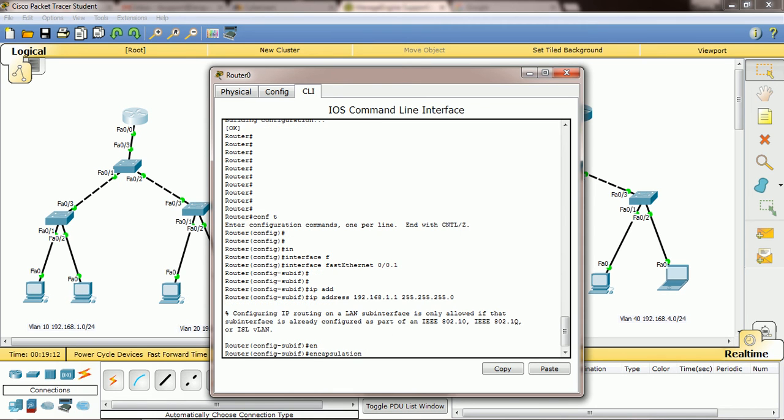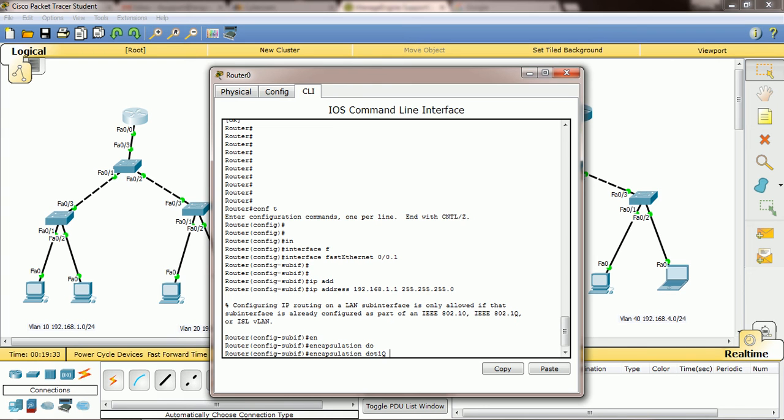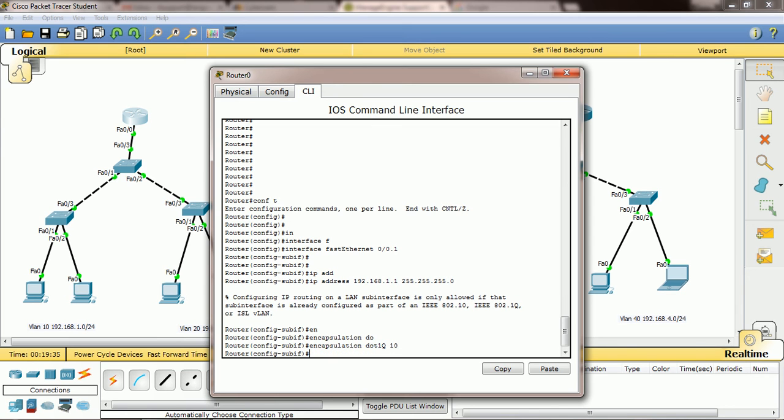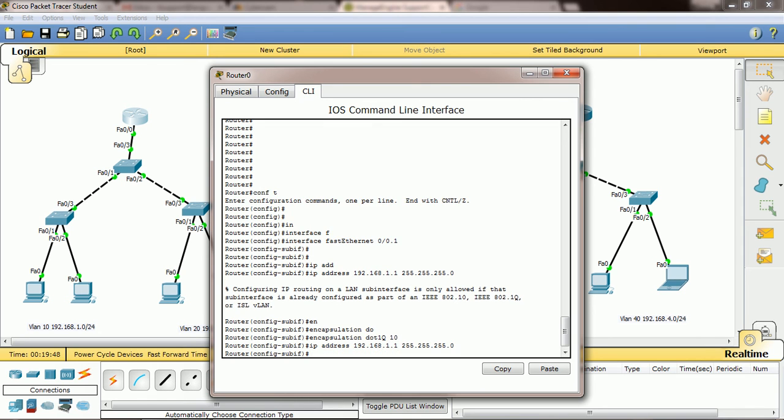So what does that mean? Here you need to use this command whenever you are assigning the IP address for sub interfaces. That sub interface is nothing but a virtual interface, right? Physically there is only one cable, but virtually we are creating sub interfaces. So for that you need to use this dot1q and mention 10, which is nothing but VLAN. This 0.1 we are going to use for this range only, so that's the reason we are giving 10. This 10 is nothing but VLAN 10. So now if you assign the IP address, then it will work.